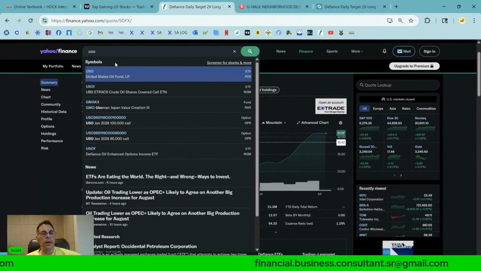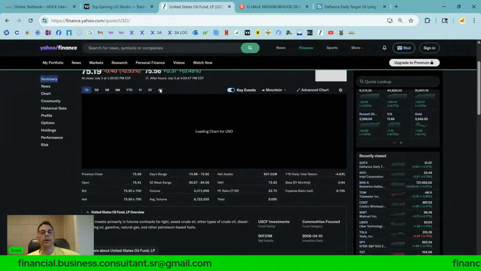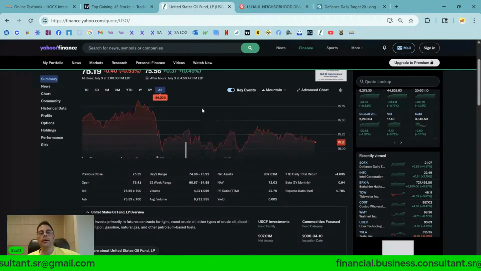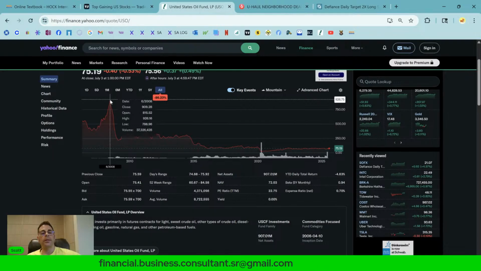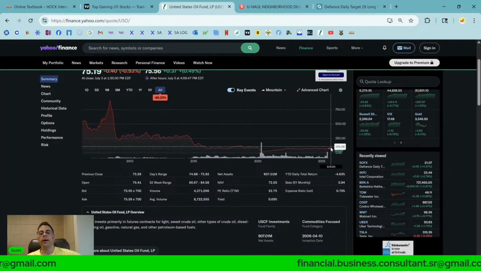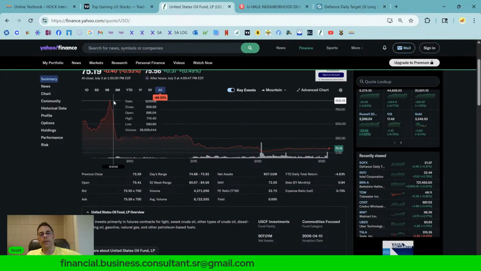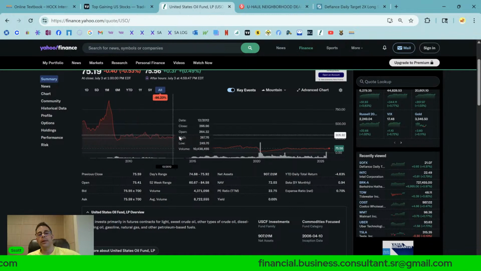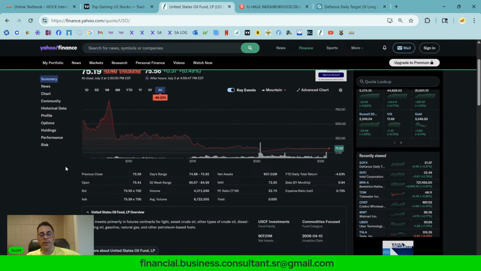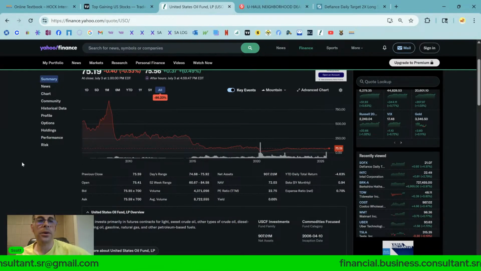Like USO, which is an ETF that tracks oil. So this is, I think, double levered. But if you look at it in the long term, you see it was $900 at its peak. This is because they do reverse stock splits, and now it's down to 75. It has to go down over time because oil doesn't look like this, right? Oil hasn't gone down 90% since 2008. But the reason this goes down is because of the decay risk. They have to keep rolling over the options contracts.